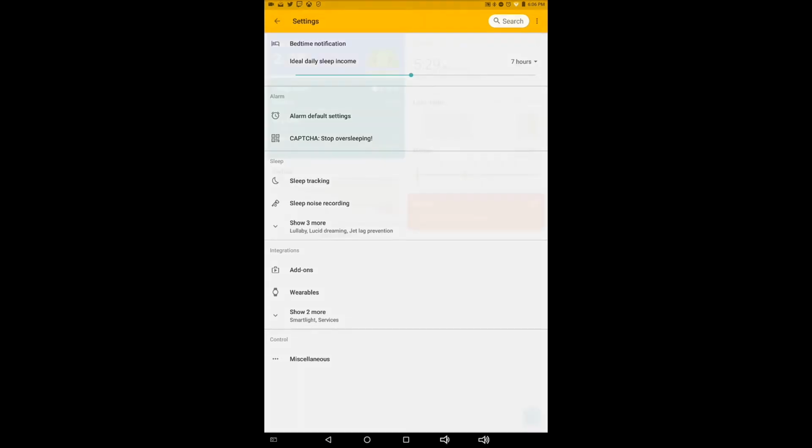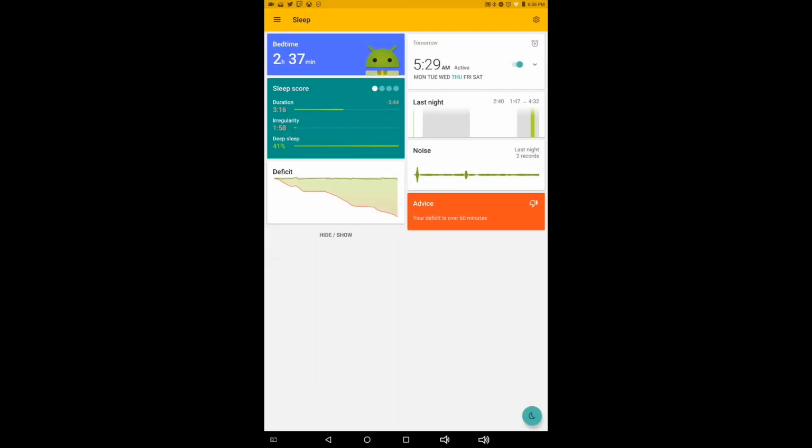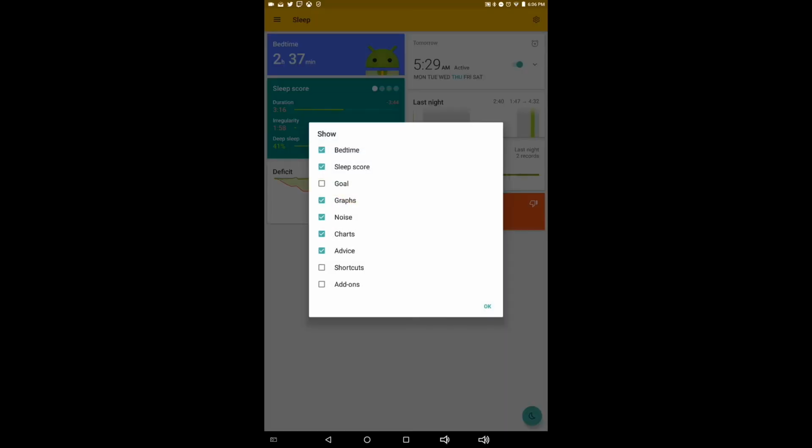And see what else can I show you. Yes, there's advice. It shows you all kinds of this stuff. It shows you a goal if you have one. Like you can set a goal for yourself. Bedtime, sleep score, graphs, noise charts,